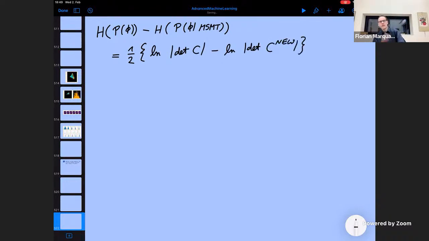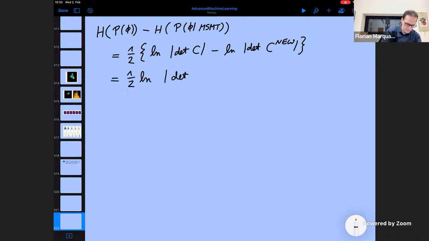Okay, so that's a formula. And now the funny thing is, of course, the difference of logarithms I can also rewrite as the logarithm of the ratio of the two arguments. So this will become the logarithm of det C divided by det C nu. And then the determinant has also many interesting properties. So the determinant of the inverse of a matrix is 1 divided by the determinant. And if I have the product of two determinants, I can also say it's the determinant of the product of two matrices. So taking this all together, I can actually simplify things, and I can say, aha, this is the